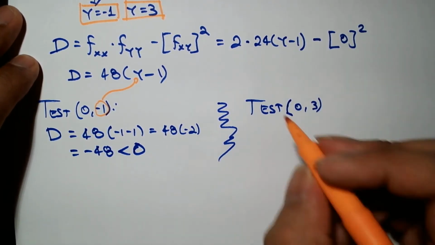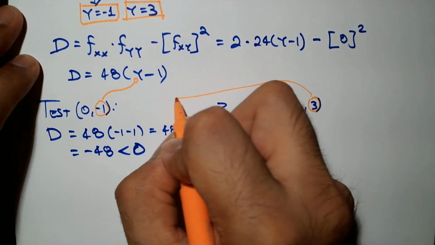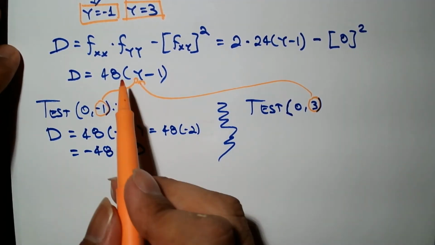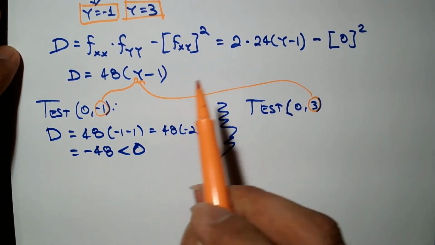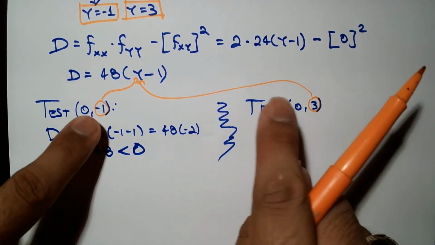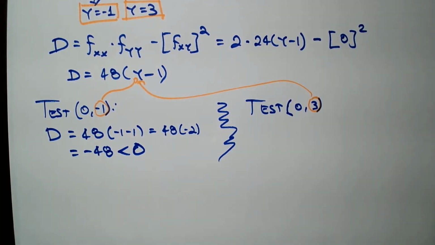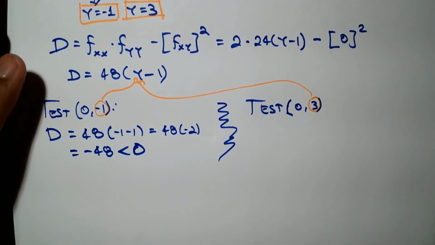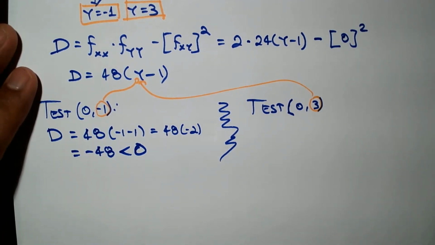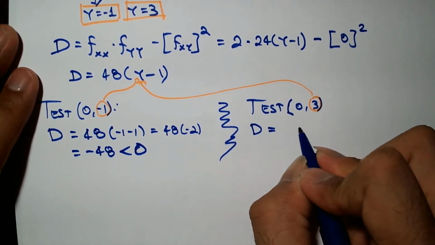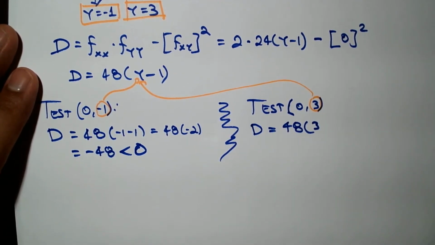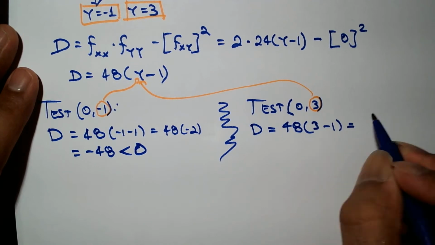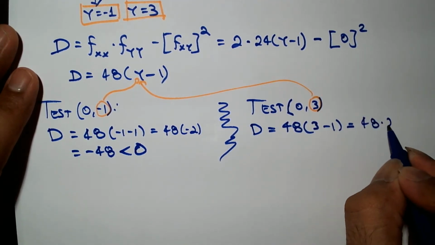So I'm going to plug in this 3 where it corresponds to the letter y. In this case, if our d had x's and y's, we would plug in whatever number, in this case 0, there. But in this case, there's no x's. There's only y, so that's why we just plug in that number. So d is equal to 48 times 3 minus 1, which equals 48 times 2, which equals